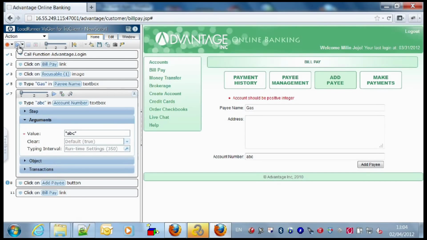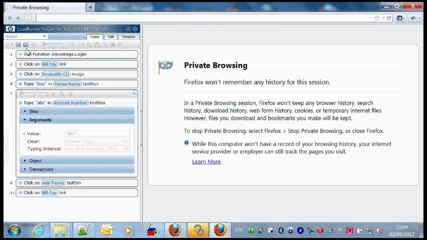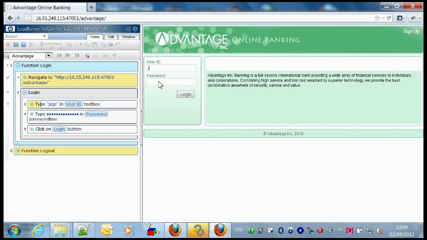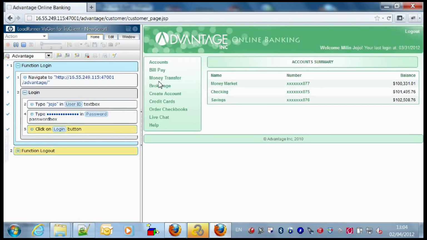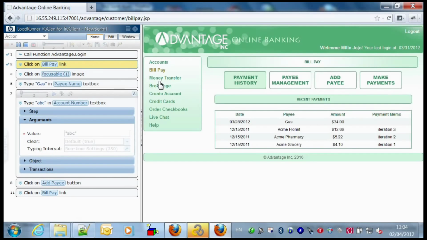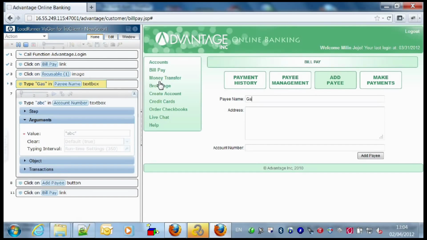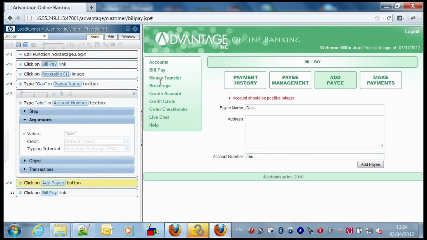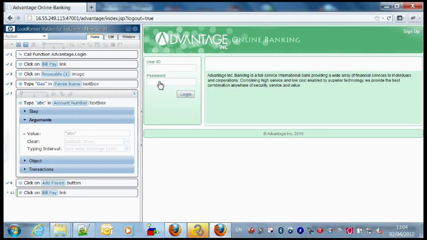Now let's run the script and validate that the event handler is executed. Event handlers can be used to deal with any event that may happen during the script replay and that require execution of specific steps.